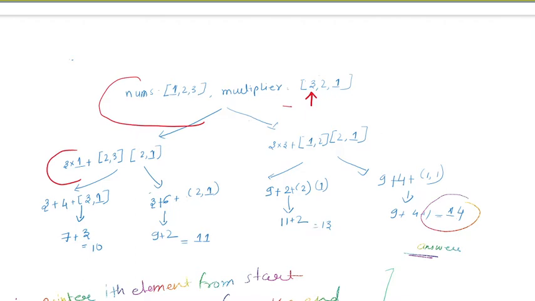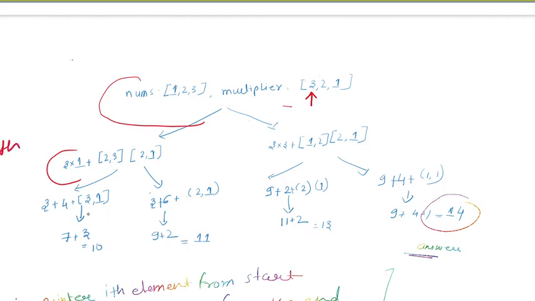Let's look at the second scenario, wherein we pick the last element from the nums array. We pick 3 and 3 from here, multiply it, and this is the remaining array. We have to repeat this process up to 3 steps as given in the question. So this is the first step.